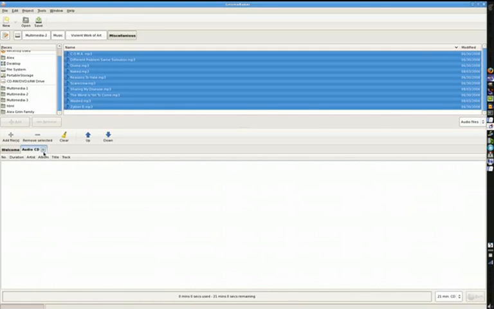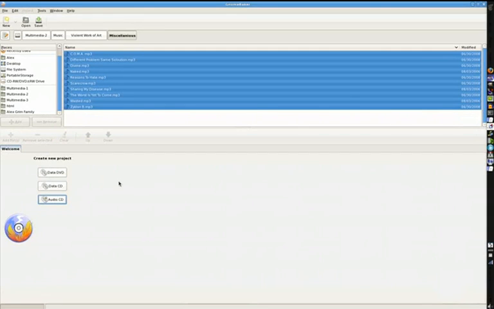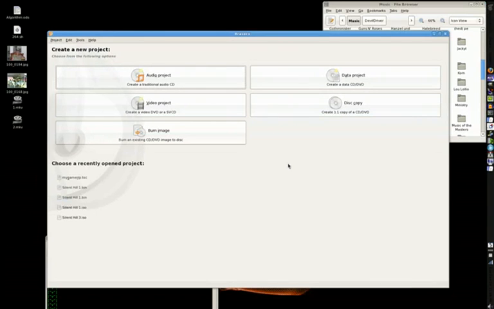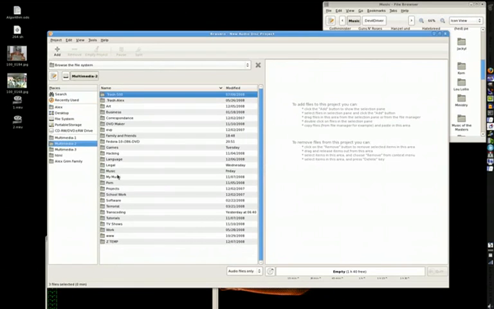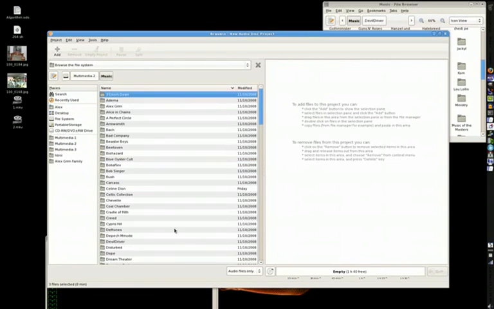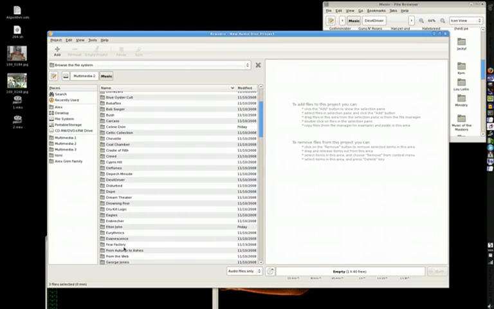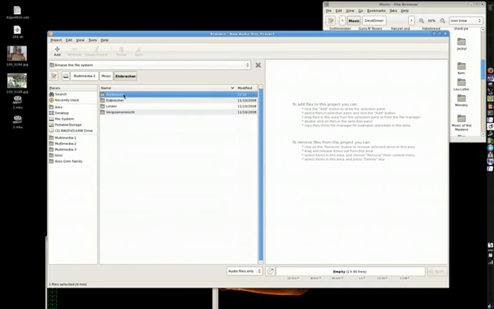Now, there's one option I don't see on here that I know Brasero has. Okay, Brasero is pretty much the exact same thing. If you want to burn an audio CD to listen to in your CD player, click on Audio Project. And again, as you've seen on the front page, there was big bright buttons, hard to mistake anything. Open your music folder and go down to whatever you want to burn to CD, and